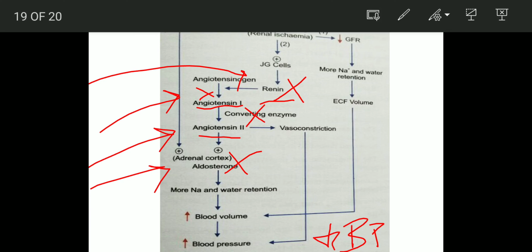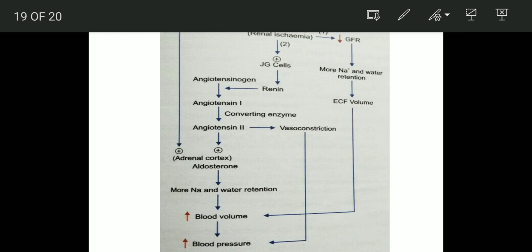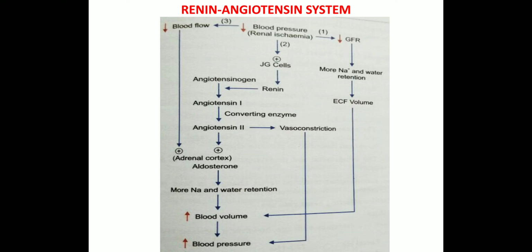The second significance which I'll be discussing is that whenever the patient has an increased blood pressure, this renin-angiotensin system will be acting, and this will try to bring down your blood pressure. The effect of this renin-angiotensin system is a long-term regulation of your blood pressure. Long-term regulation of the blood pressure means that it has an effect which starts from weeks to months. So this plays a very important role in bringing your blood pressure down.